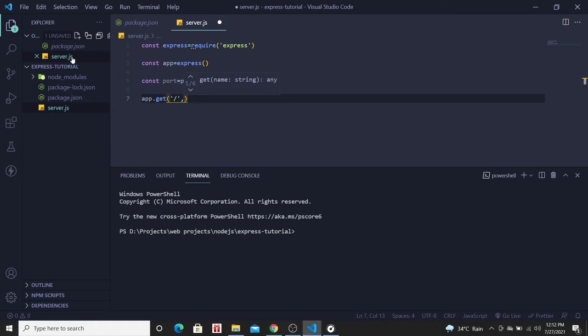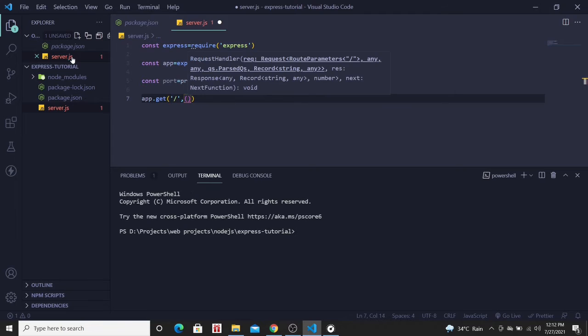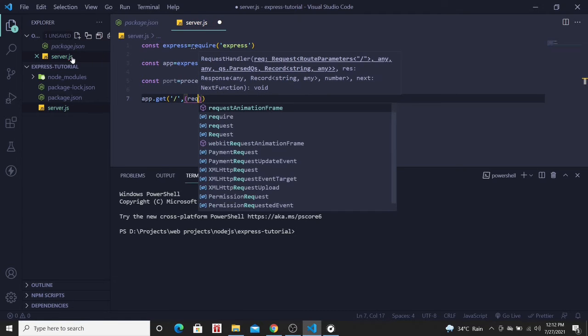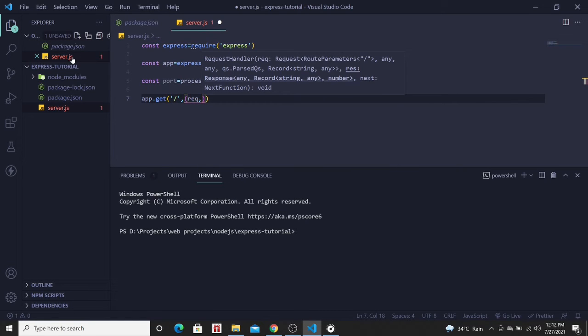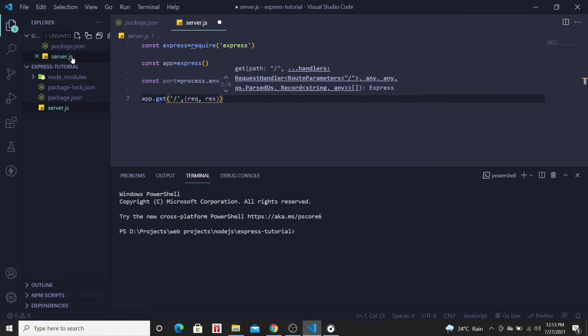The second argument will be a function. So we will have here one arrow function. This arrow function will have two parameters as its argument. First one is the request that is sent by the client, and second one is the response. The response is something which we will be sending back to the client.